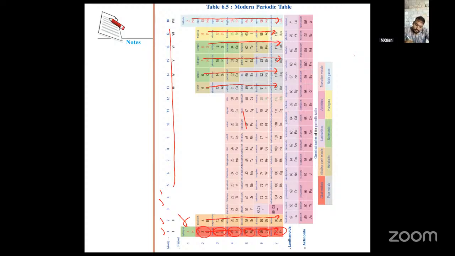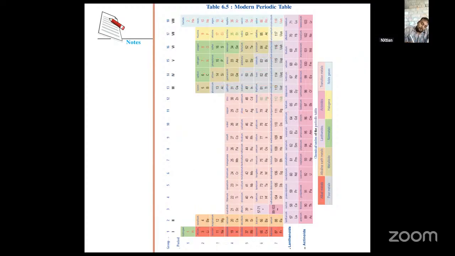And going from left to right is called a period. How many periods are there? 7 periods. So 18 groups and 7 periods are there. Did you understand, guys? Okay. Now,